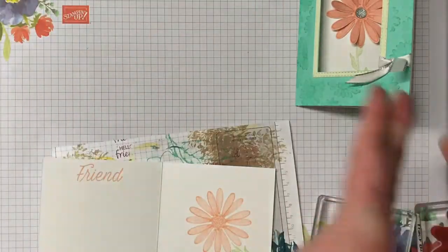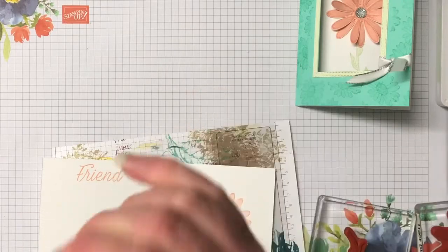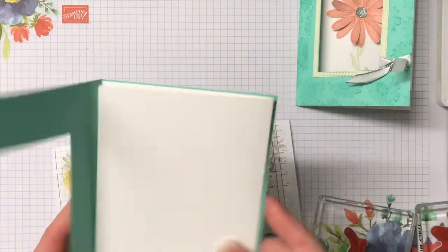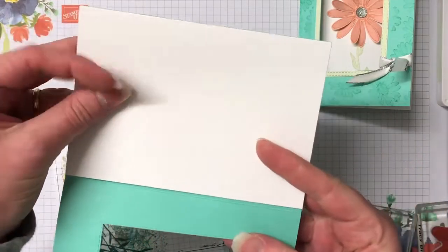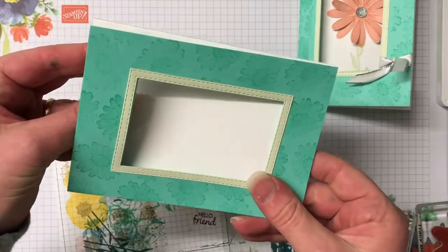And I need this again, so I'm just going to pop it over to the side. I'm going to make sure my hands are completely clean because I have put ink on my card before. So bringing that card front back in, what we want to do is line up with the edge there where it's going to go. So we have a bit of a border on the inside bit, and that makes sure that it closes